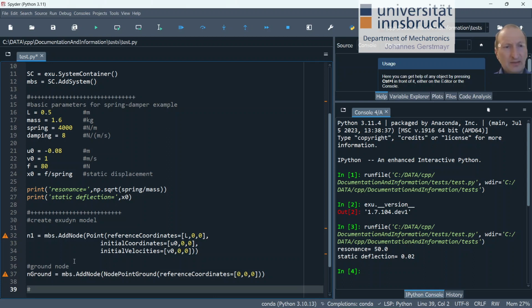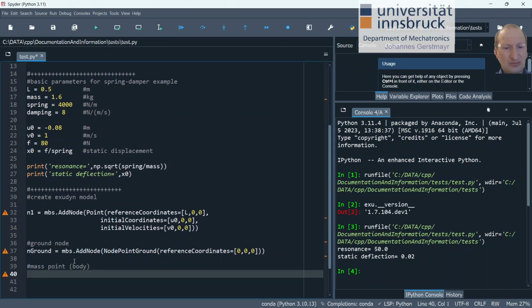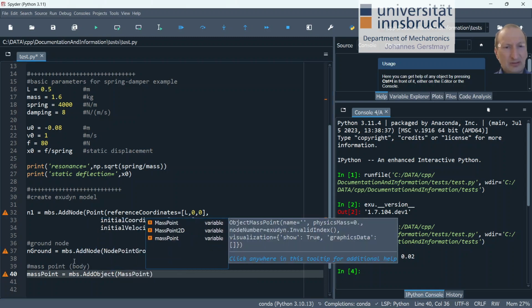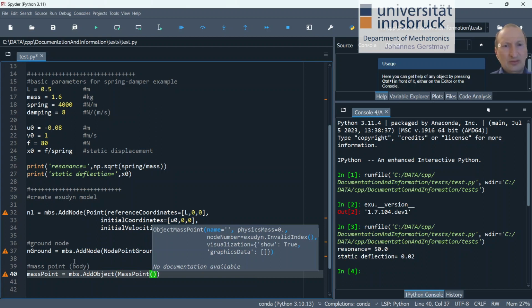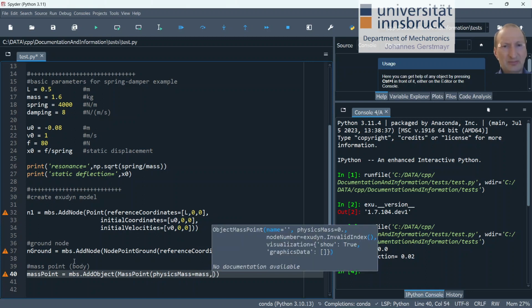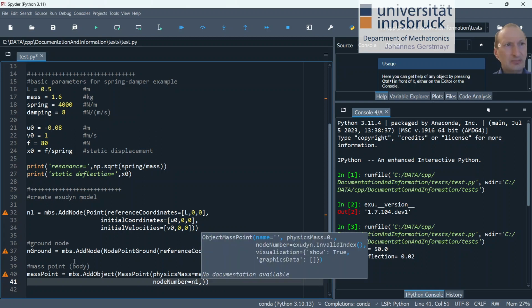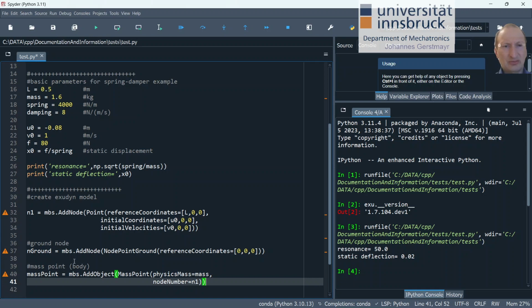the spring. Now we add the mass point of the type body, which is really the mass that we want to move, and we can use some name, sort of massPoint, and add an object MassPoint, and this one gets a physics mass, and this is now defined before as mass, and it would have a node number, which is now the n1 that we defined. And it could also have some visualization, but right now in the tutorial we don't add any